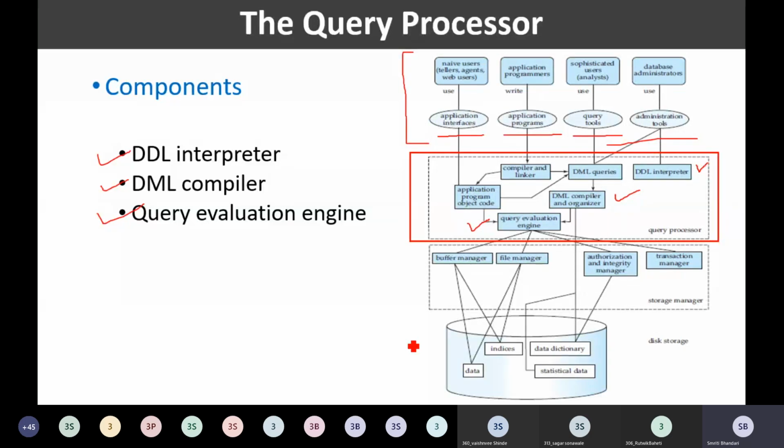This similar concept we are using here in the database management system. My DML constructs are written in something like a high-level language. So the first task is to convert those constructs into low-level details, and that is the role of my DML compiler. Once I have these low-level details, as I mentioned, there are several ways to extract that information.